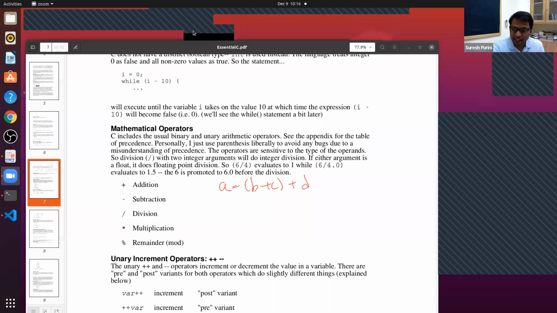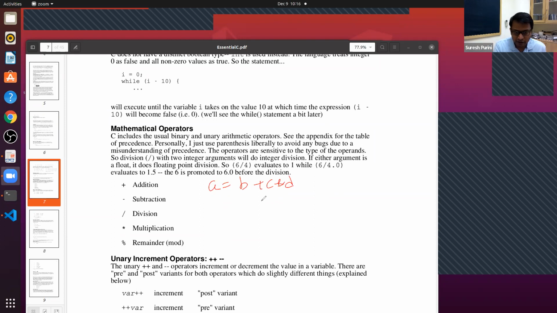So the next idea is the idea of precedence. I think you may have learned this in your +1, +2. Let's say you have A is equal to B plus C star D. For the sake of simplicity, I ignore BODMAS. There are two expression trees possible.